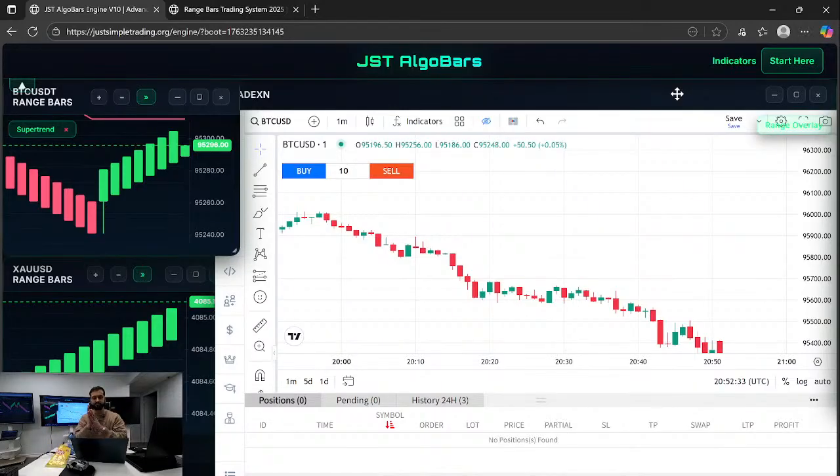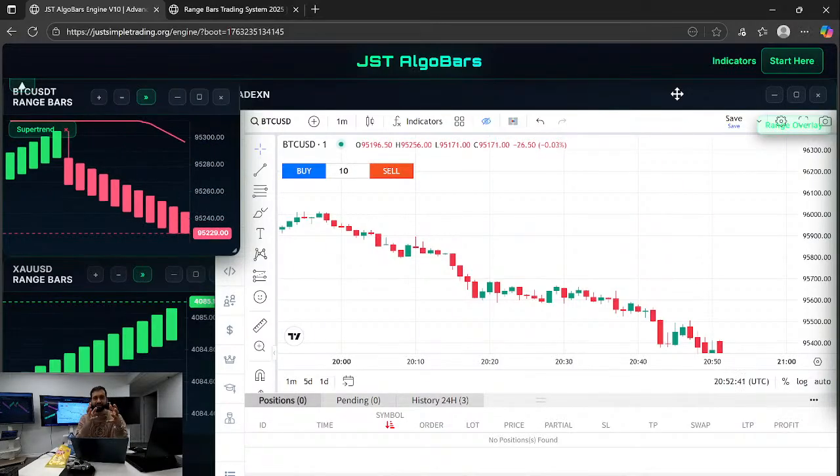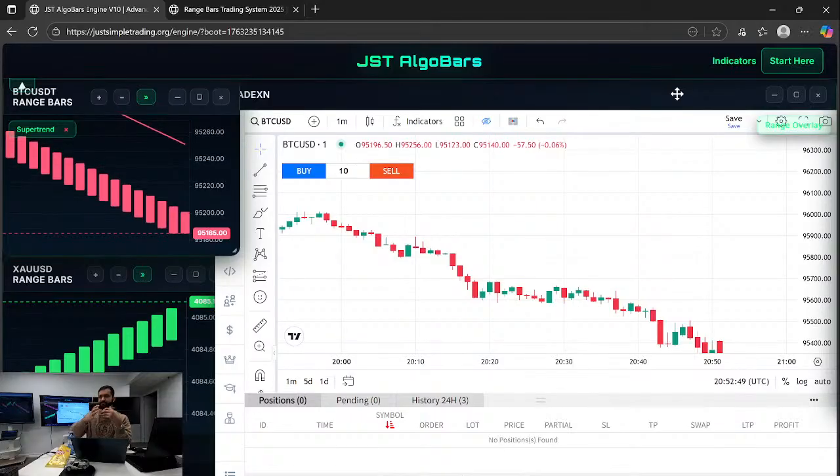Just so you guys understand, there's actually a way where you can use the range bar system for short-term trades, which is like scalping, or like 100 points or 200 points. But there's also a way where you can use the range bars for long-term trades. How do we do that? Okay, the way is